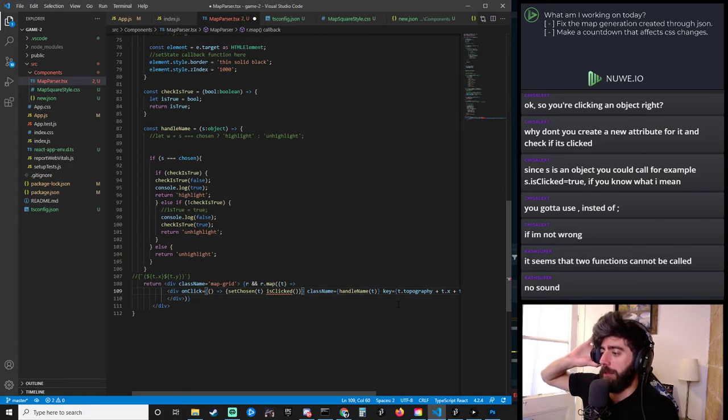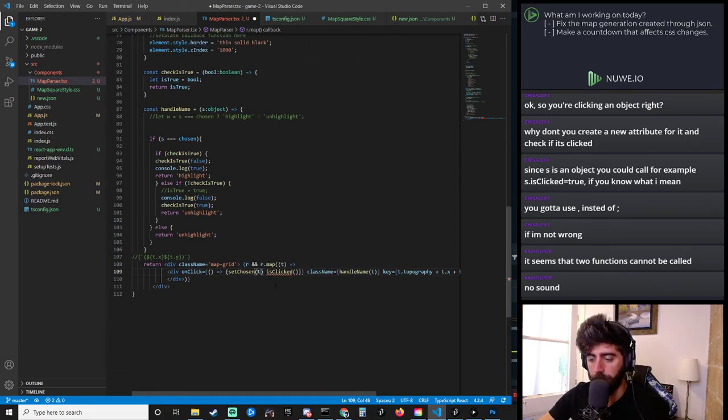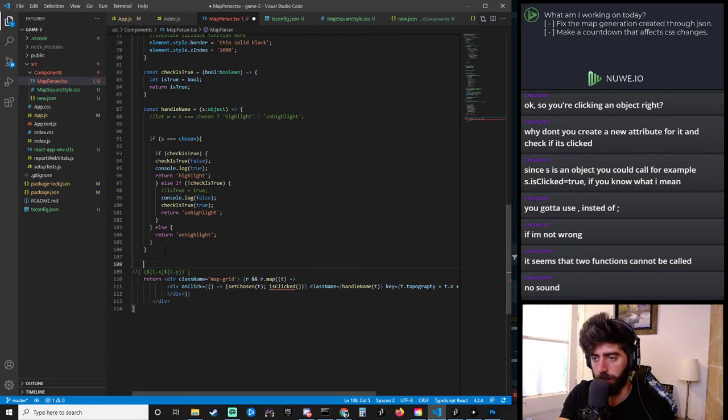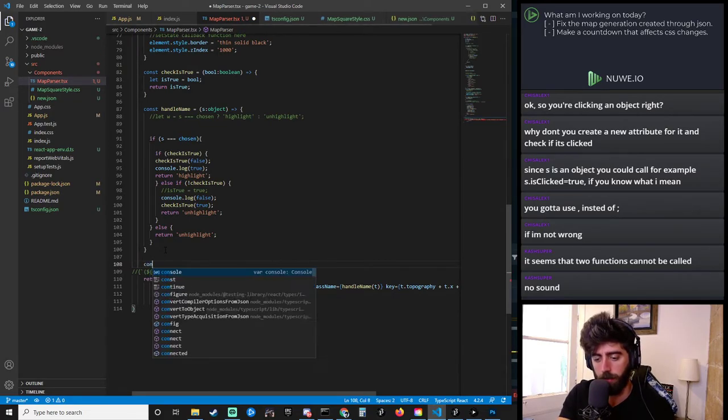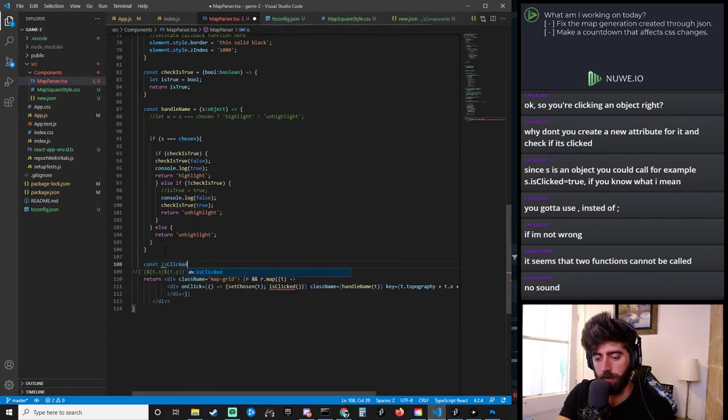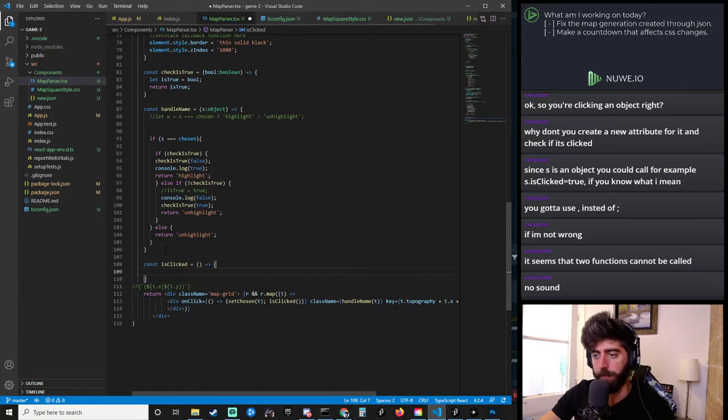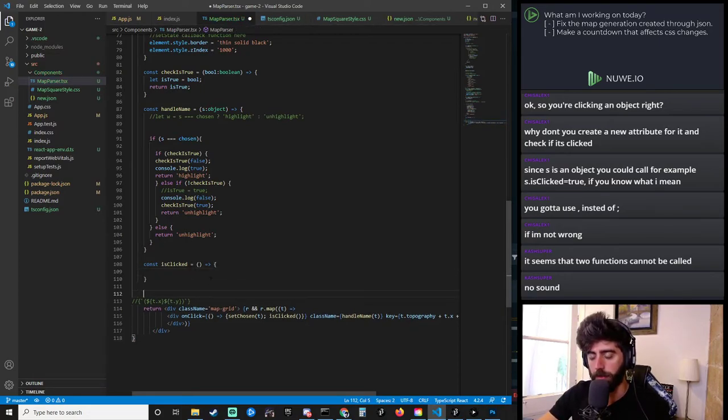It seems that two functions cannot be called. No, they can be. You just have to separate them with this. When they say is const is clicked equal to this equal to that, bam. Right, and now we got two functions. The problem is that now I'm thinking about it, and I'm thinking like, what do I want to have in there? Because